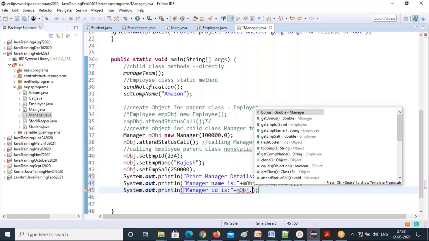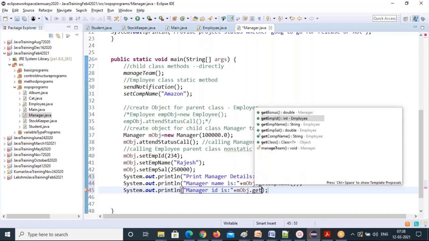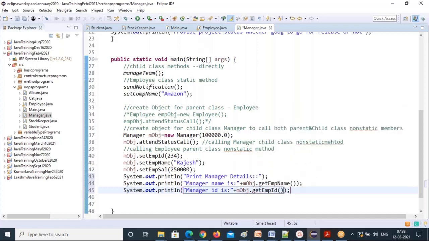Nobody knows where the data is stored, and other people's data you cannot see. This is the logic people write in real time. Here you are using inheritance and encapsulation together, so in many classes you can prepare like that.